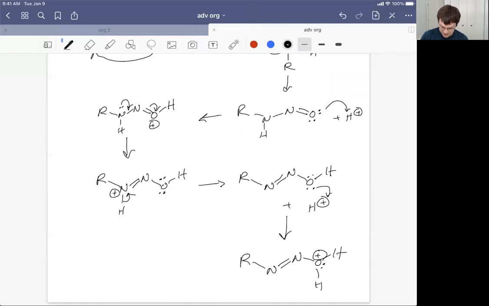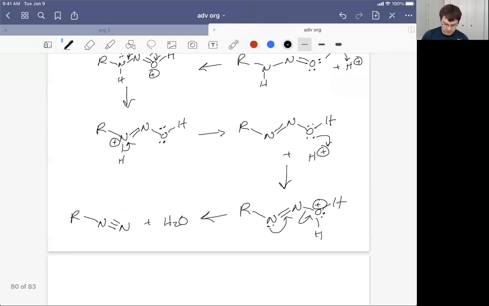Okay, so positive charge on the oxygen. Now we're going to just sever the nitrogen-oxygen bond, and maybe you want to see some lone pairs help push off that oxygen. The oxygen leaves because it's a good leaving group. Now water is actually being formed. So we accomplish the goal of getting the oxygen protonated with the two hydrogens that were once on nitrogen,